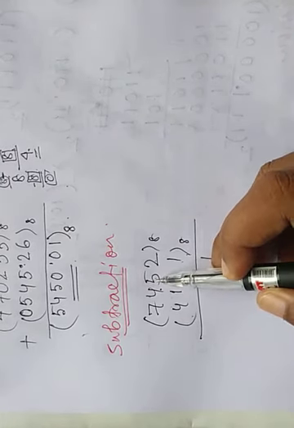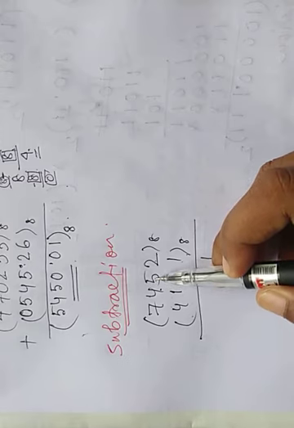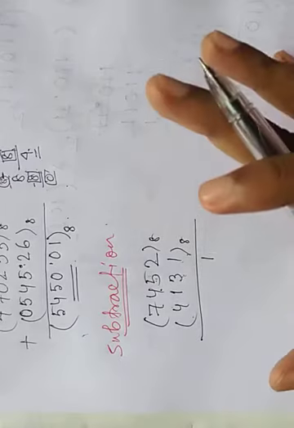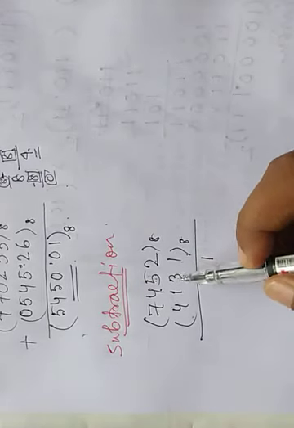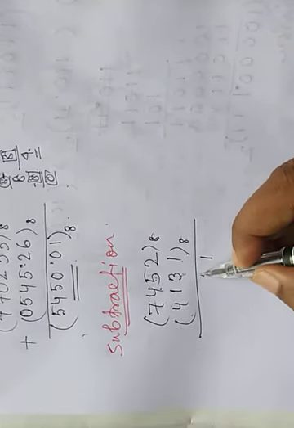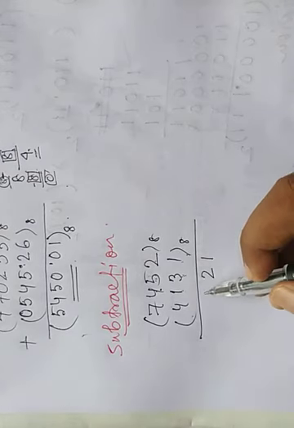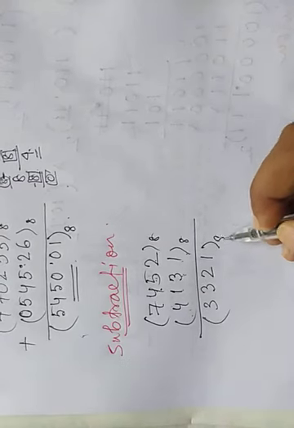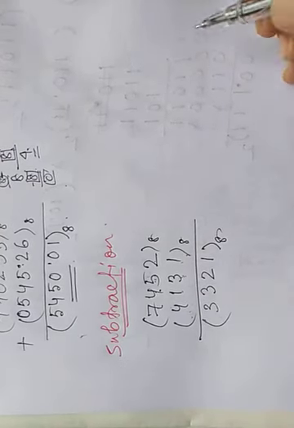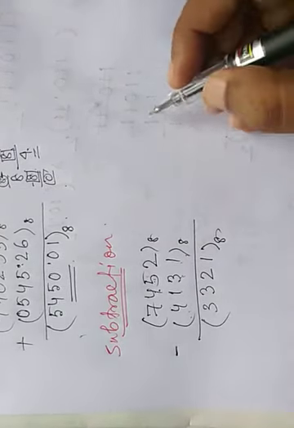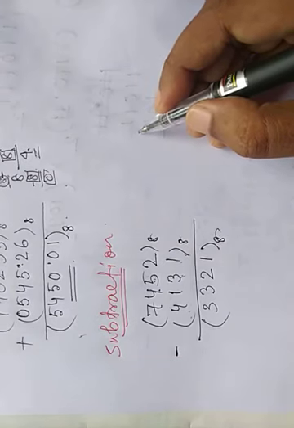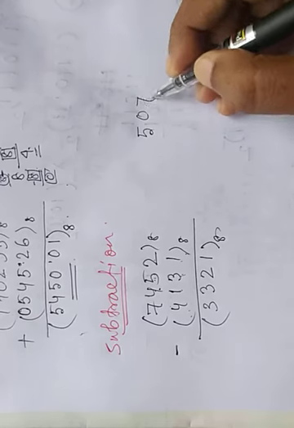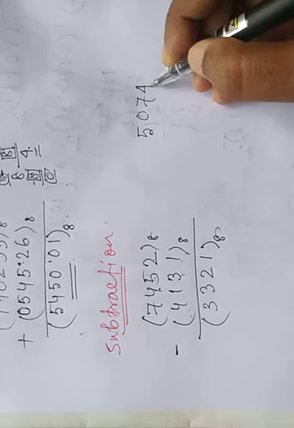As we are subtracting a smaller number from a greater number, there is not any other issue. So 5 minus 3 is 2, 4 minus 1 is 3, 7 minus 4 is 3. So it is very easy. Okay, for subtraction, now the problem arises if we subtract 5 0 7 4